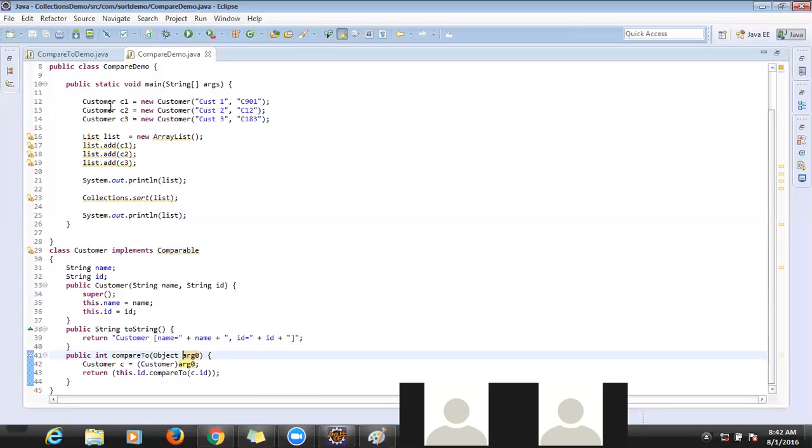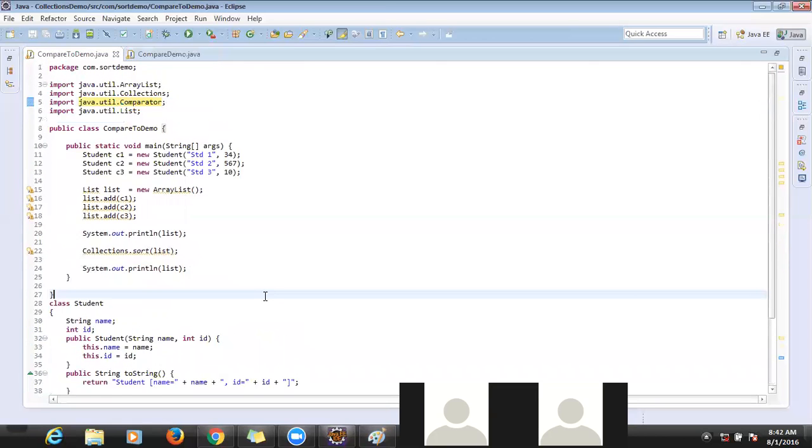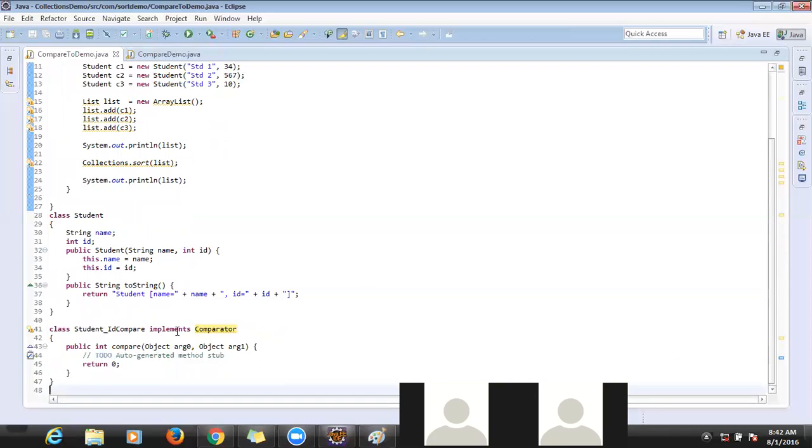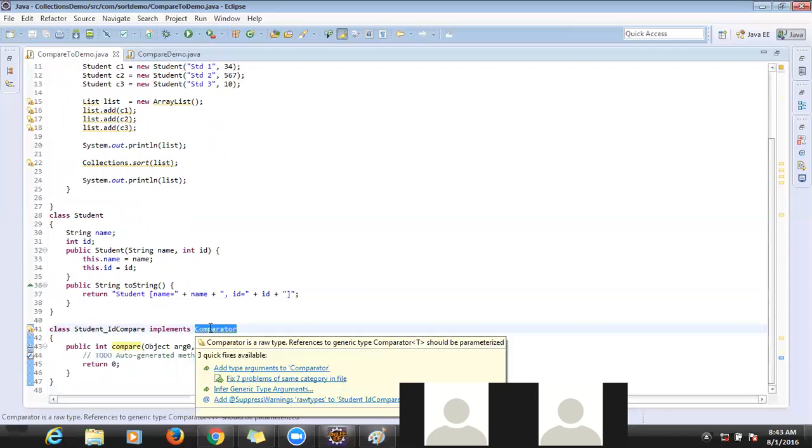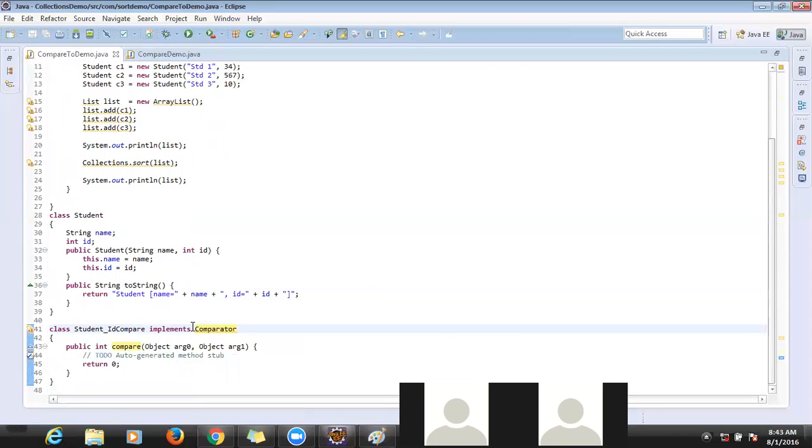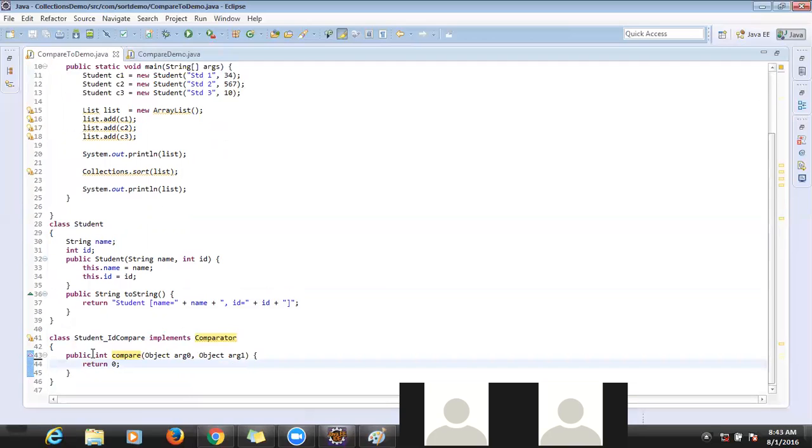Now I'm introducing a different interface called Comparator, also in the java.util package. Inside this interface we have a method called compare, which has two arguments, object 1 and object 2.